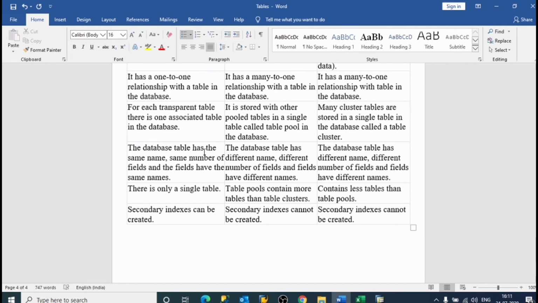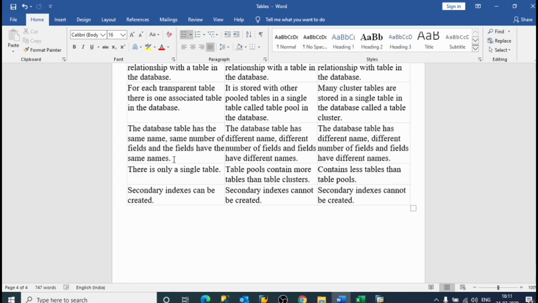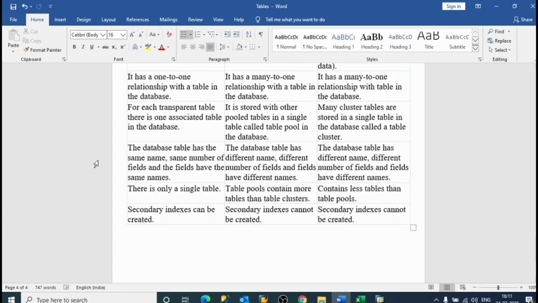For a transparent table, the database table has the same name, same number of fields, and the fields have the same names. In pool table and cluster table, the database table has different names, different numbers of fields, and the fields have different names.